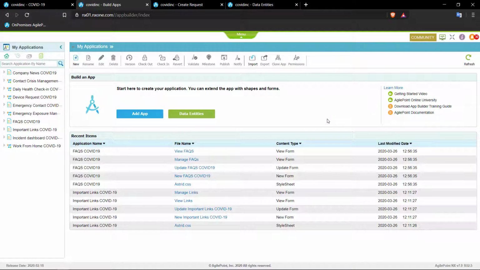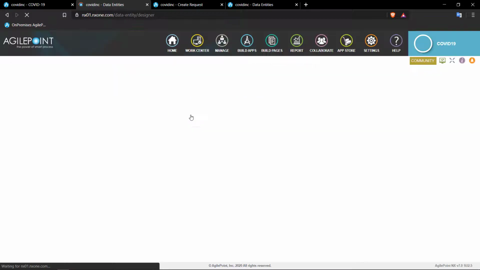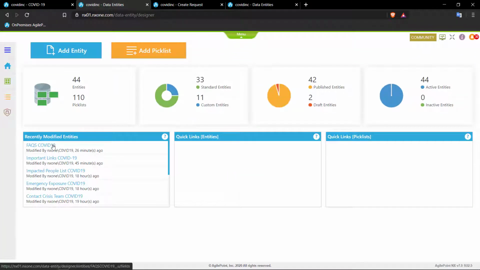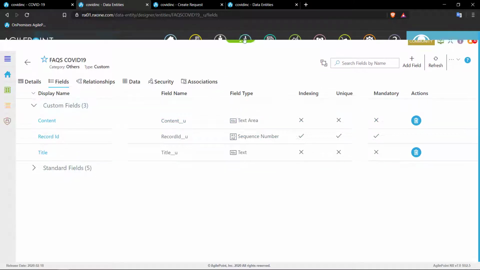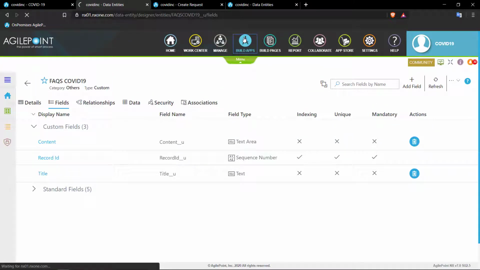Now before we run this application, let's take a look behind the scenes, and we'll start with the data. Now as you can see here, I have an entity for FAQs, and the data model is pretty simple. Title and the content. So now that we understand the data, let's go back to Build Apps,